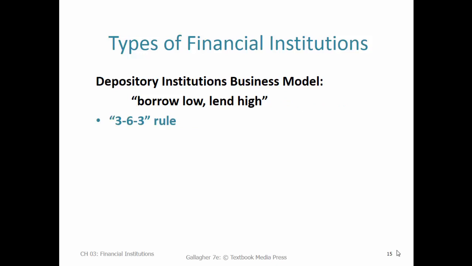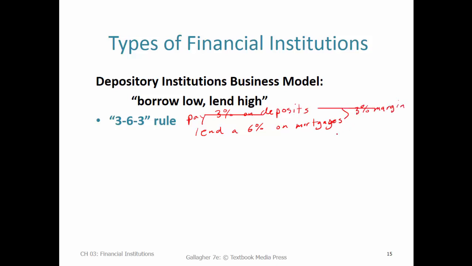One kind of humorous way to think about the bank business model is what I've heard called the 3-6-3 rule. I've heard old bankers refer to this. It's a little bit tongue-in-cheek. The first 3 represents the interest rate you borrow at. So the idea is you pay 3% on deposits and then lend at 6% on different kinds of loans. Let's maybe say mortgages. And you're earning a 3% interest rate spread, which is also known as interest rate margin. And then the last 3 refers to the banker being on the golf course by 3 p.m., keeping banker's hours. So that's a little bit of a joke, but it's also true.